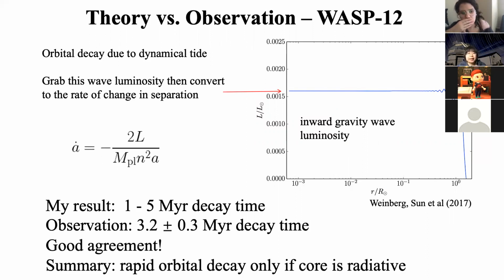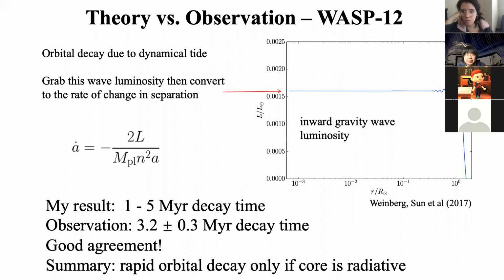In this work, the dynamical tide energy dissipation rate is computed from stellar models by solving the wave equations and applying the appropriate boundary conditions for an inward going traveling wave in the stellar radiative zone. Then we convert this wave energy dissipation rate to the orbital shrinking rate for this already circularized orbit. After checking all the stellar models that satisfy the observed values like mean density and effective temperature and other measurements, for example, maybe the color, and something else,